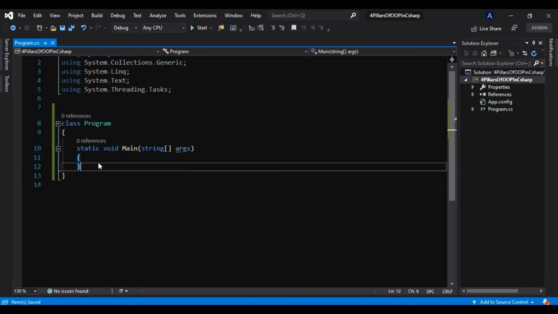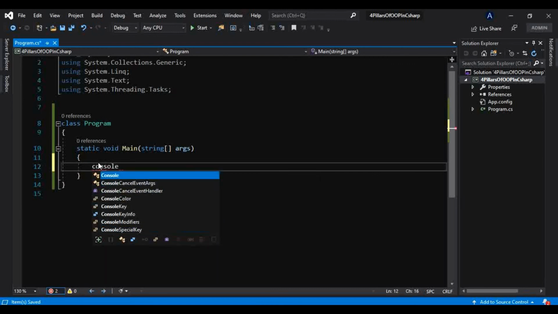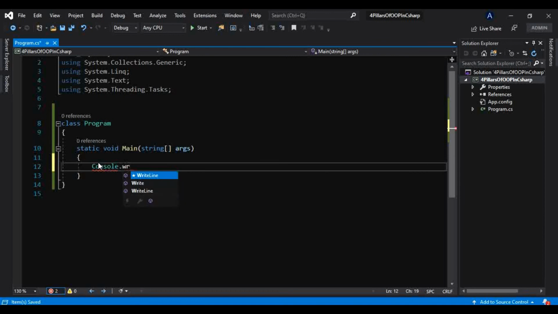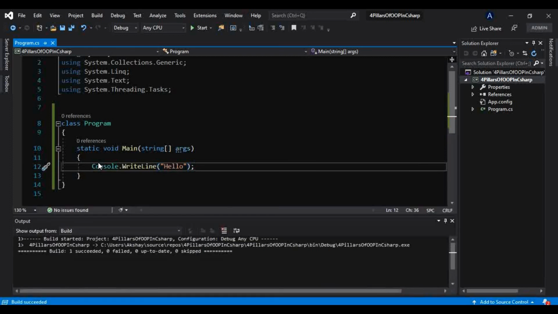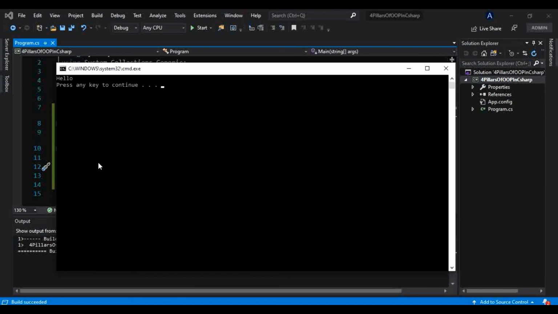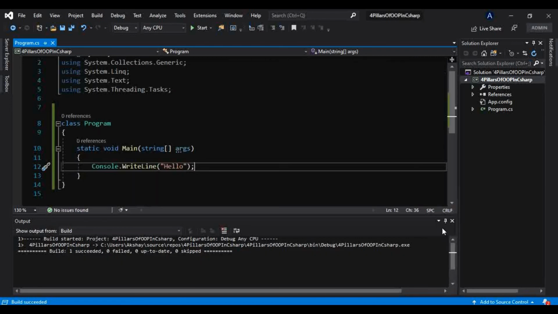Let me print a simple console message, Console.WriteLine hello, and if I run this, it is running successfully. It is giving that message hello.